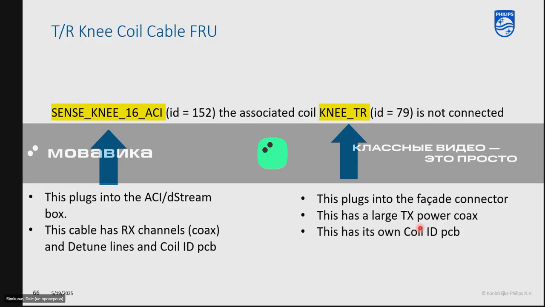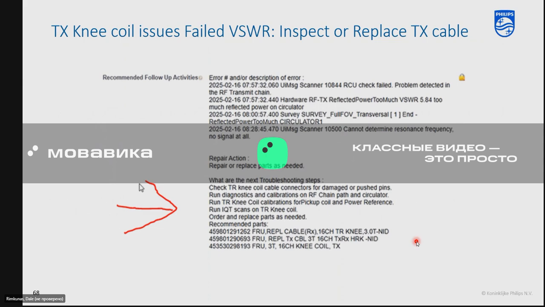The knee TR is the one that plugs into the facade connector. It's got the transmit power coax. It also has its own coil ID in it. Remember, if you ever replace